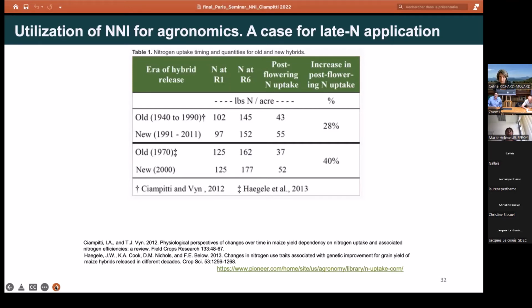In the last 10 years, and maybe I'm guilty of charge on this, because one of my review papers when I did my PhD long time ago, 10 years ago, we demonstrated that the new maize hybrids tend to uptake more nitrogen post-flowering. And because of that,